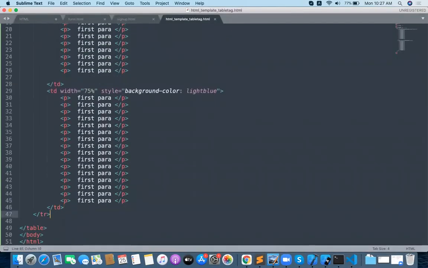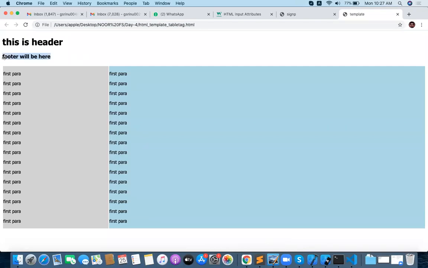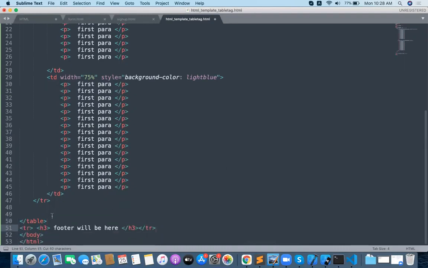Now let me take another TR, and this will be the footer, right? Footer will be here. Why is the footer taking here? Okay, after the table I will take the footer.